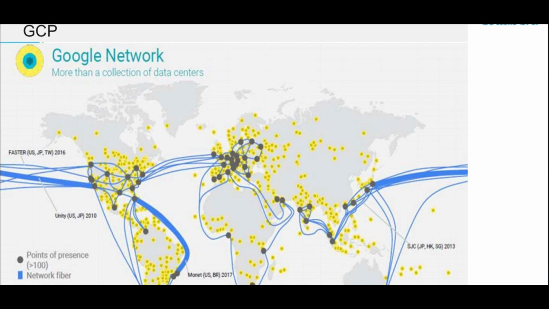So this is the presence of Google's infrastructure across the globe, and all that infrastructure is connected internally over fiber optic cabling or a network. And that is a very good advantage of using the Google Cloud Platform.